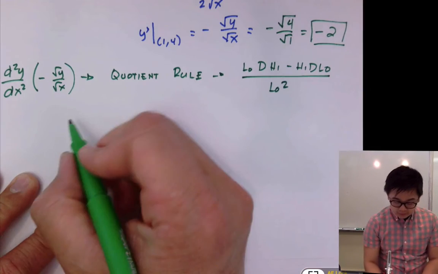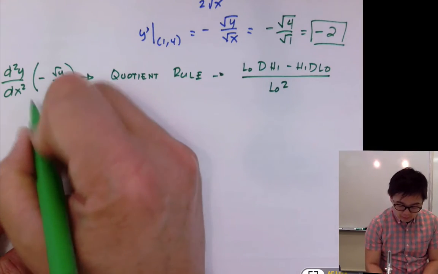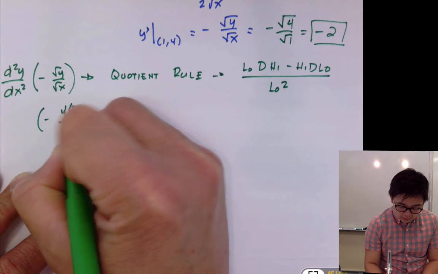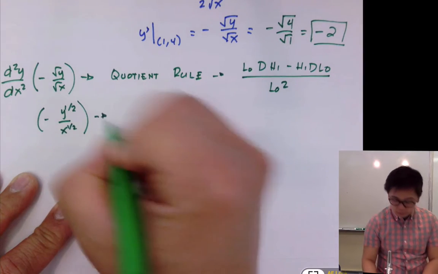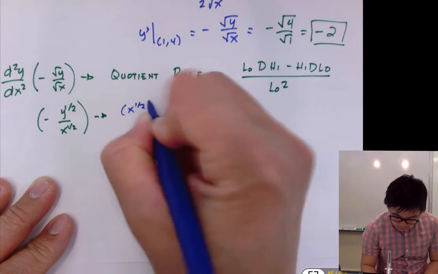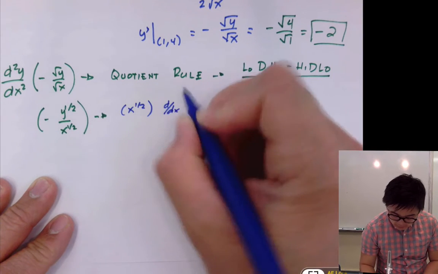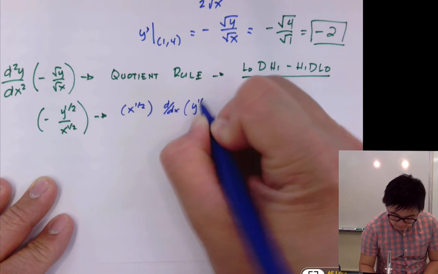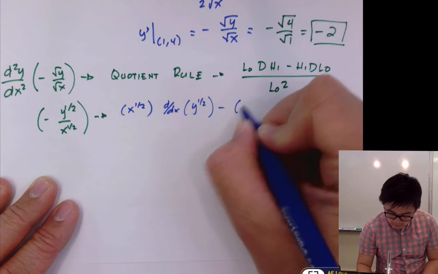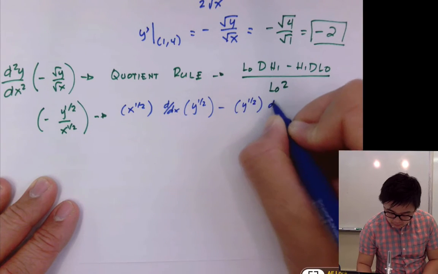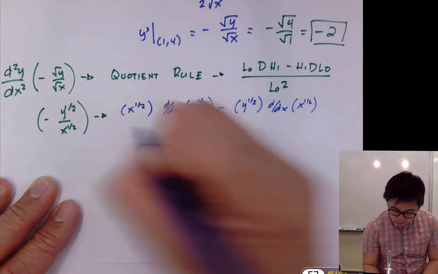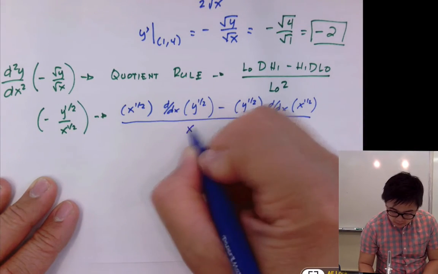Alright, so changing this to negative y to the 1/2 all over x to the 1/2 will make it a lot easier to differentiate. So low d dx of high minus high d dx of low all over x to the 1/2